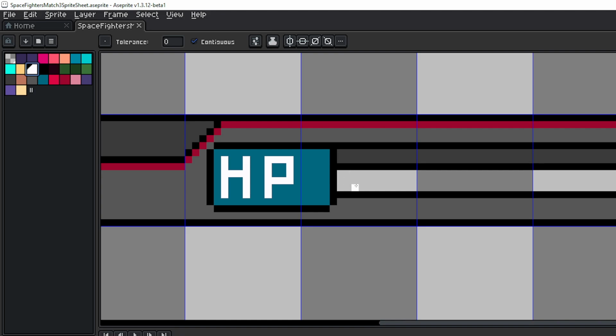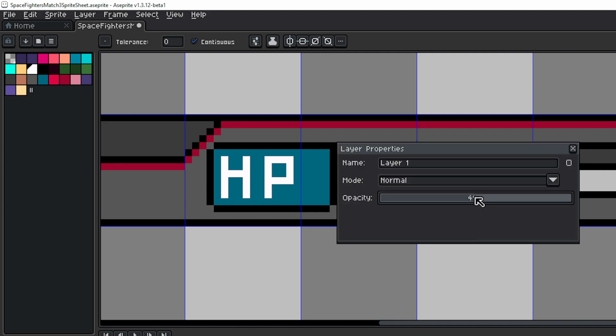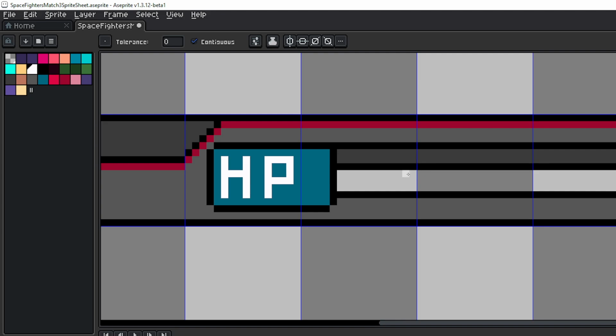And what you can do here is make a new layer, and you want to turn down the transparency properties to about 50%, because you want to be able to see the health bar in the game engine through this. You don't want it to overlay over top of it and see it while the health holder is, well, the health holder is empty. You don't want to be able to see this. So, oh,